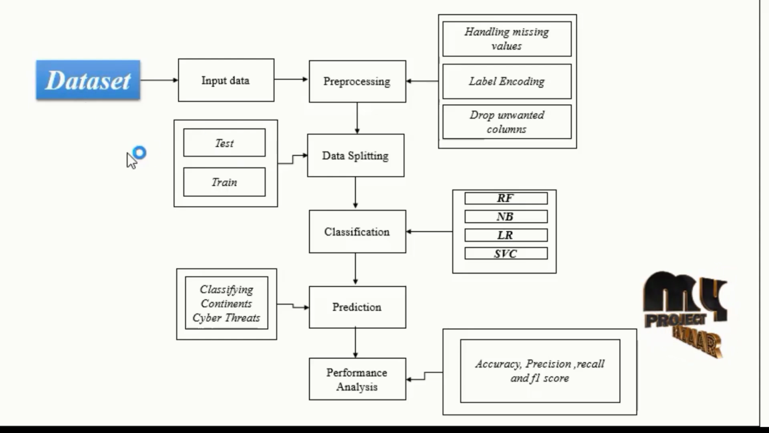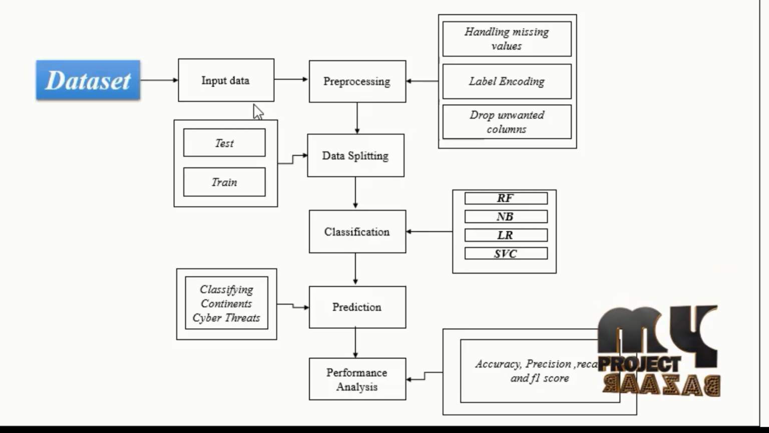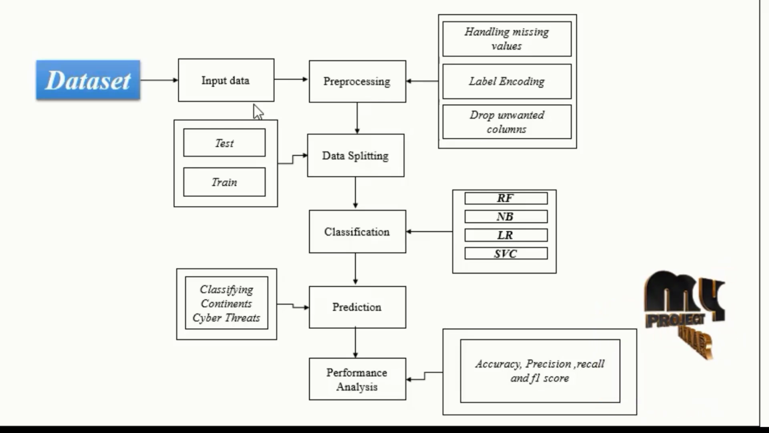So this is our flow diagram of what we have done in our work. First we read the input data, and then we do the pre-processing steps. In these pre-processing steps we handle missing values, do label encoding, drop unordered columns, and then split the data. The data is split into training data of 80% and test data of 20%, and then we